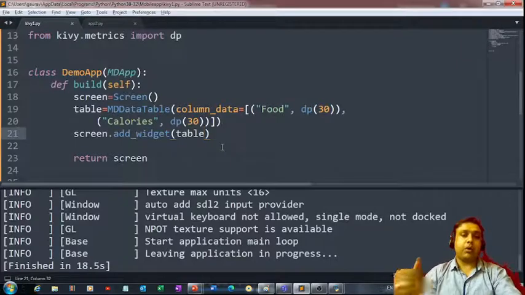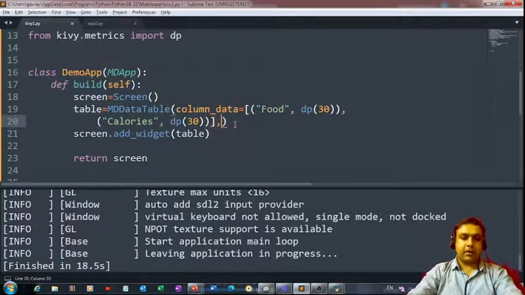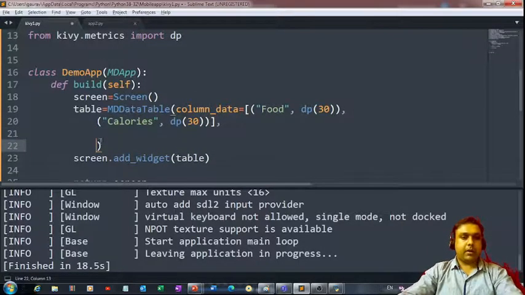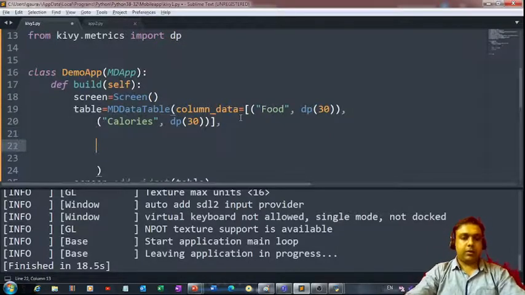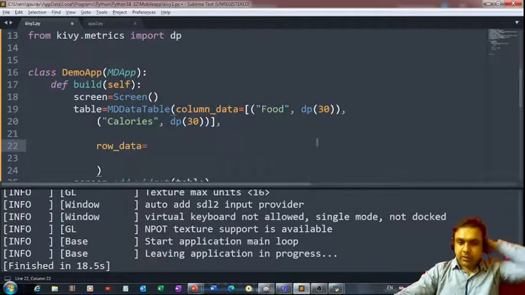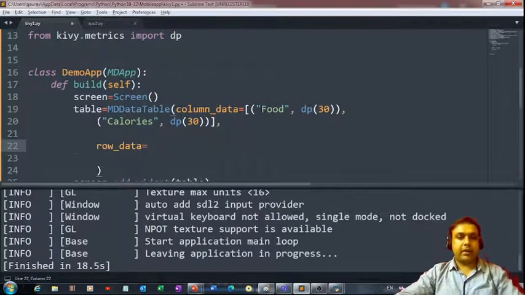It's time for us to now enter some data for these two fields. How to do that? Again, it's very simple. We can come here and use this row data attribute, and then we can simply pass some values to this row data.